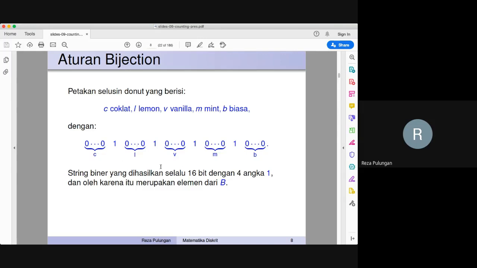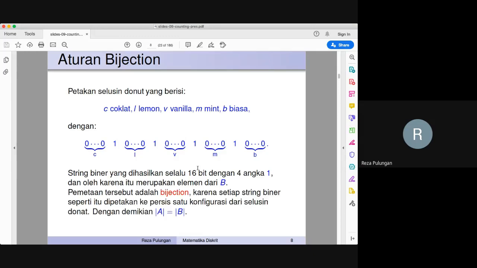Because of this, of course, this set of binary strings, the 16-bit strings with 4 ones, are elements of B. This mapping is a bijection. Because what? You can look at this in a different way. For every configuration of donuts, there must be one particular string.